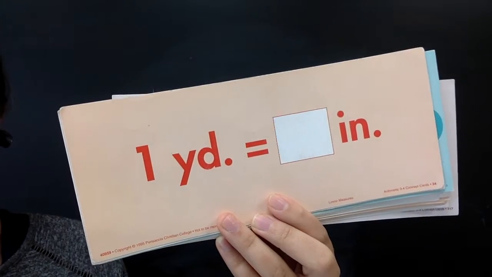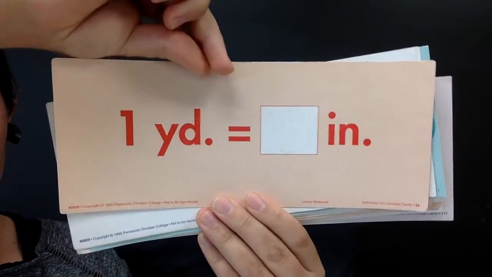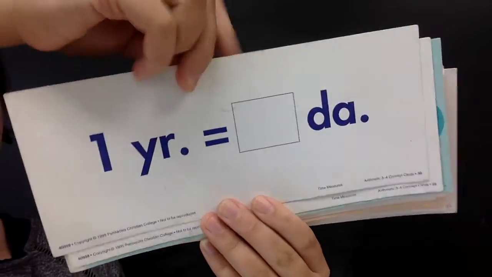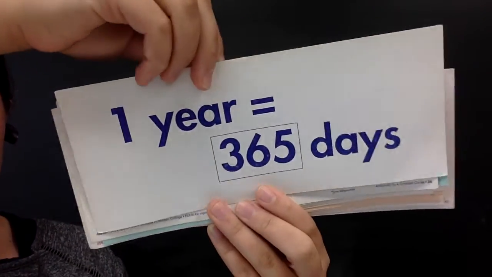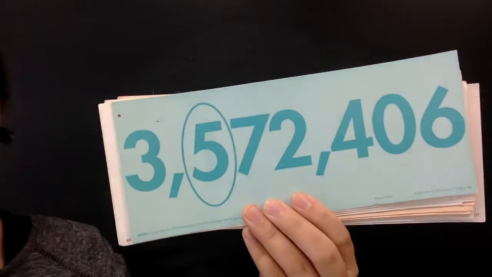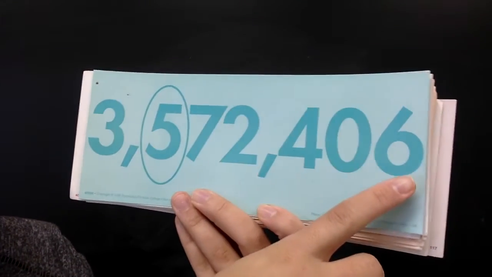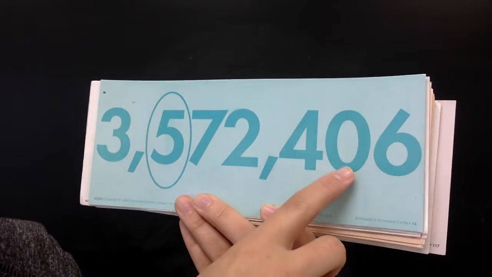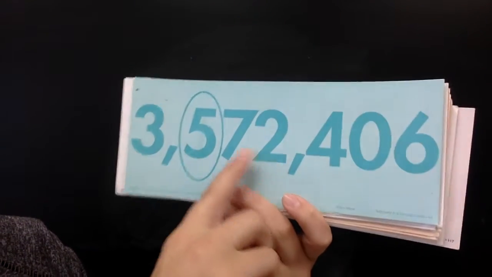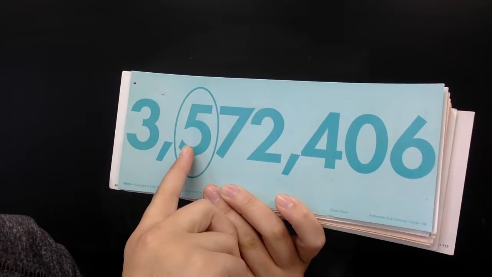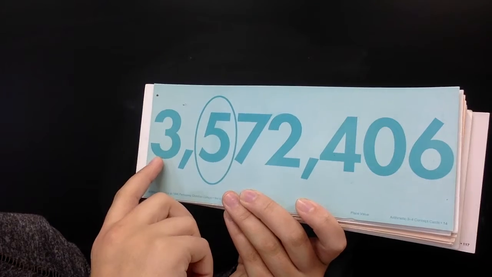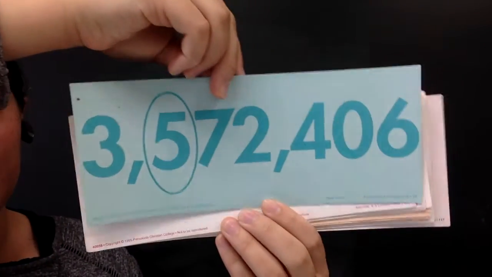5,280. 1 yard equals how many inches? 36. 1 year equals how many days? 365. 1 year equals how many weeks? About 52. Let's go over place value. Go ahead and read it with me. Ones, tens, 100, 1,000, 10,000, 100,000, and 1 million is the place value of each of